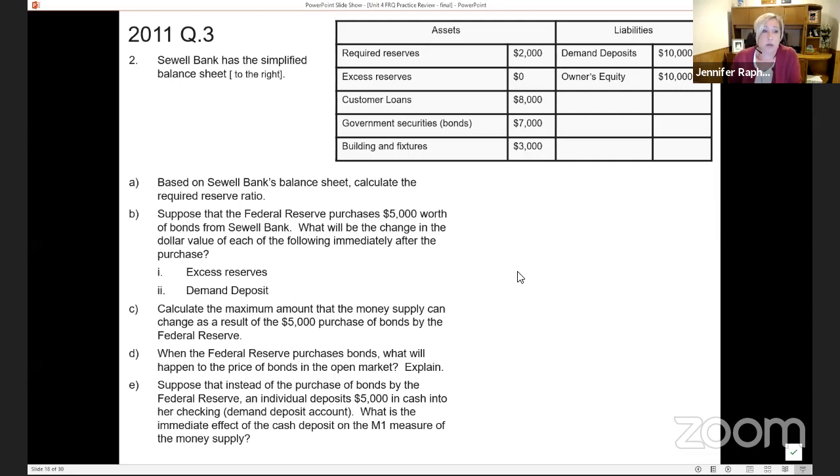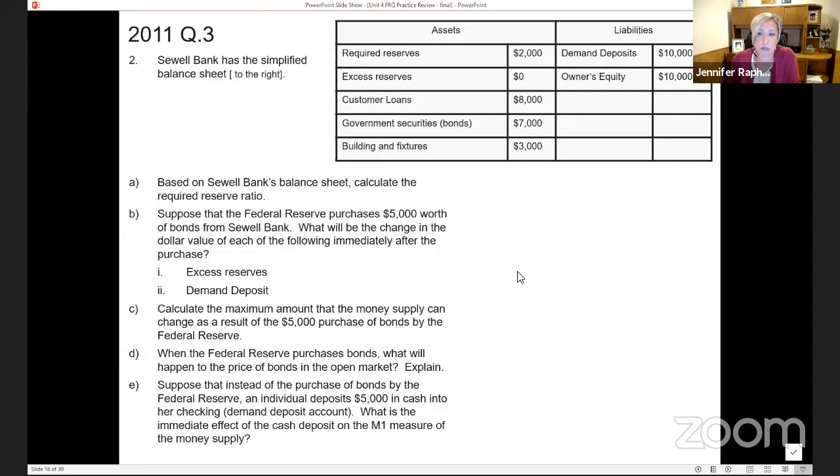So I started with the 2011 question 3. This is a balance sheet question. It says Sewell Bank has the simplified balance sheet to the right. So we have assets on one side, liabilities on the other. And so make sure that you understand there's required reserves, excess reserves. The bank has lent out $8,000. On the asset side, they have $7,000 worth of government securities, and they also have building and fixtures that